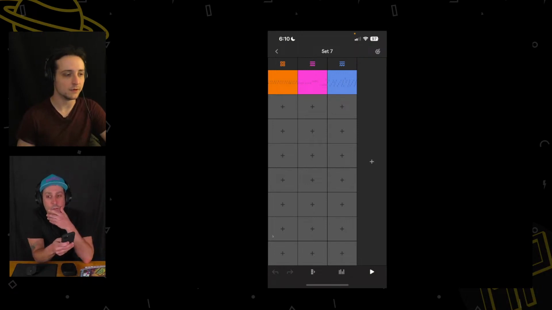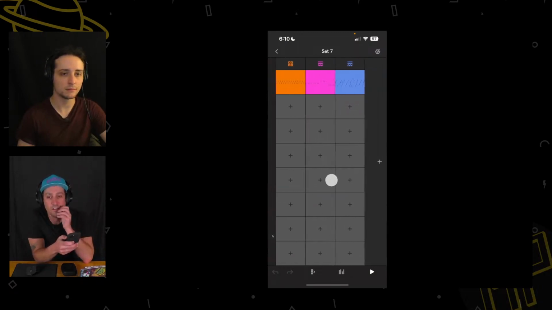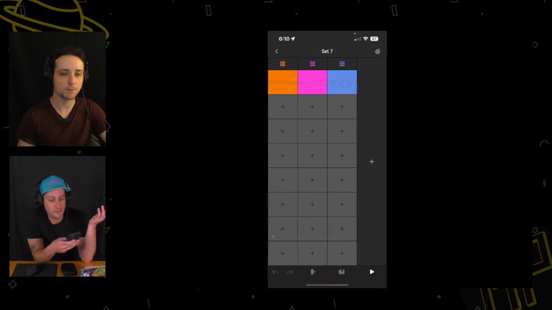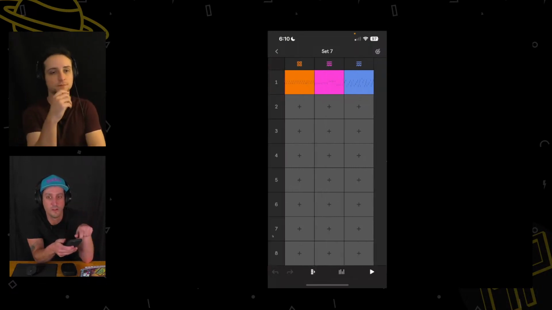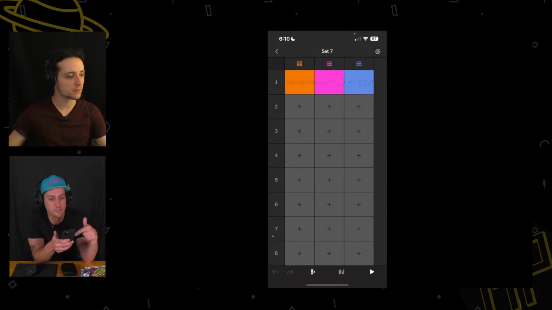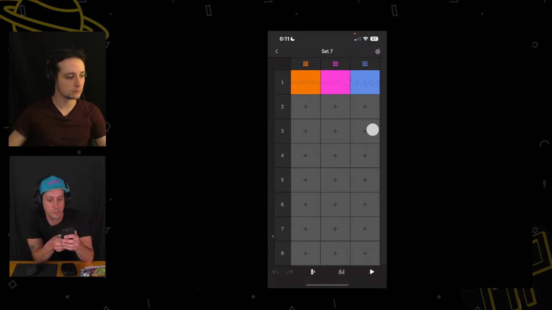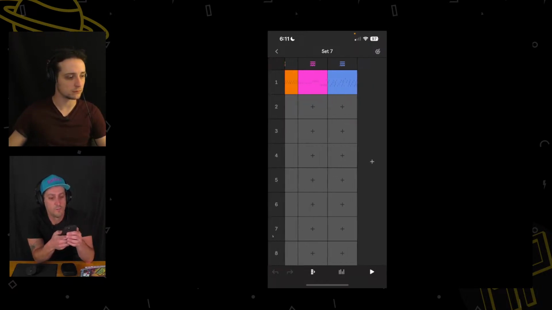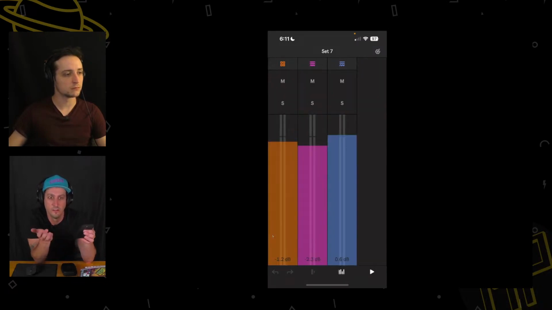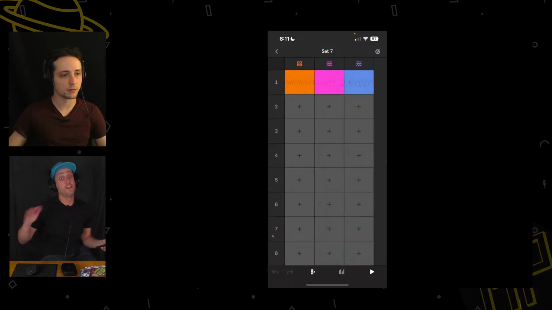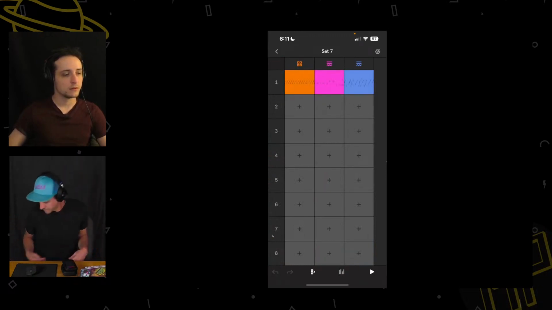So what you're seeing here is session view, right? This looks somewhat familiar. They're on the left side instead of the right side, like in the app. But here are your scene launchers. So I can launch my individual scenes, 1 through 8 here. I'm sure you can add more. You can add more tracks. Flip over to a mixer. That's it, right? So there's no arrangement view here. So I think quite categorically, you can't finish a song in this app. You've got to take it into